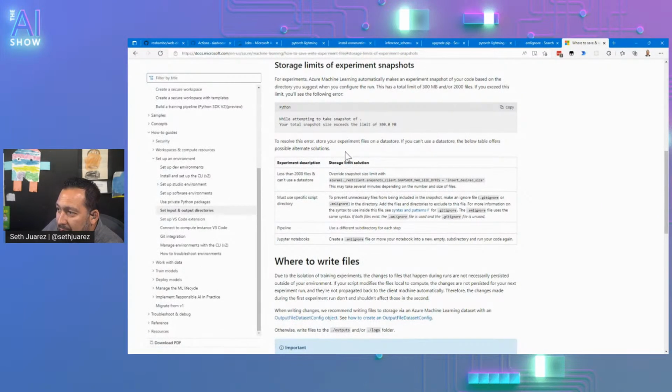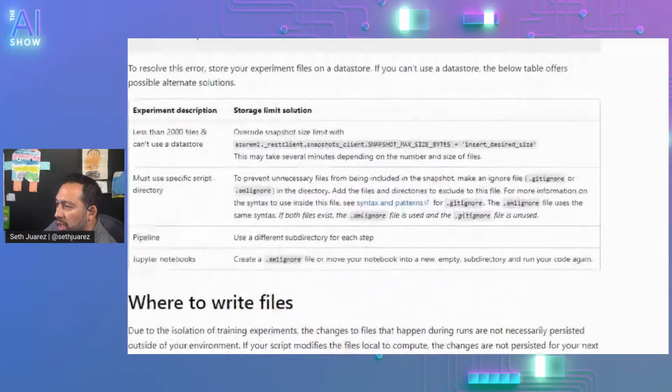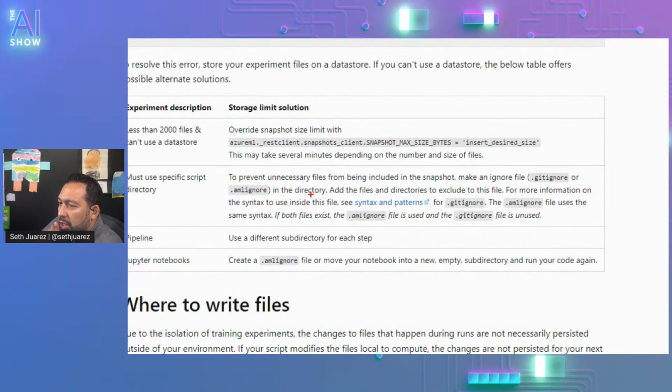What happens if there's an AML ignore and a git ignore? Oh, here we go. To prevent unnecessary files from being included in the job, make an ignore file, git ignore and AML ignore. Add the files and directories to exclude to this file. More information on the syntax, blah. For git ignore, the AML ignore uses the same syntax. If both files exist, the AML ignore file is used and git ignore is unused.